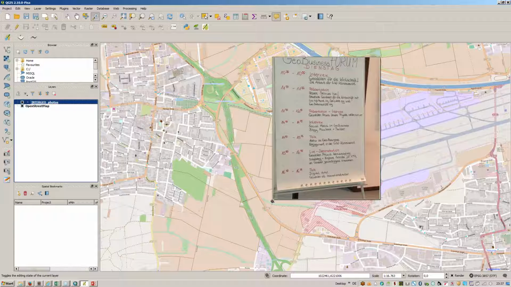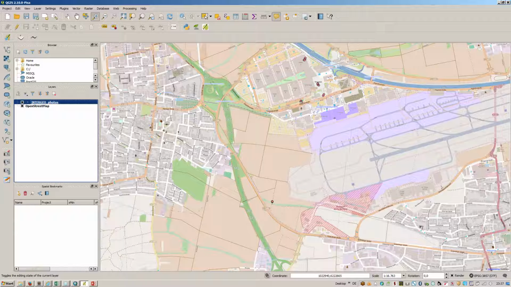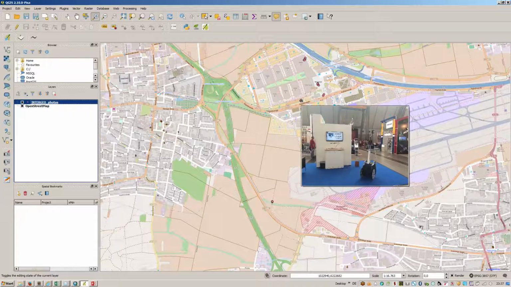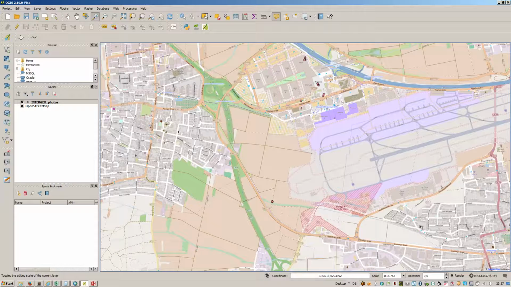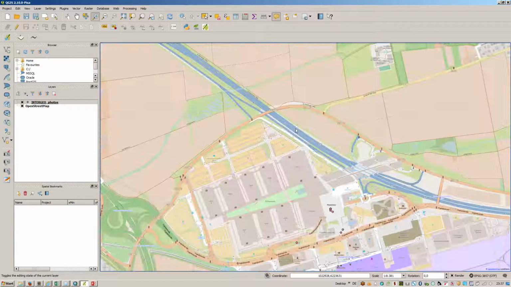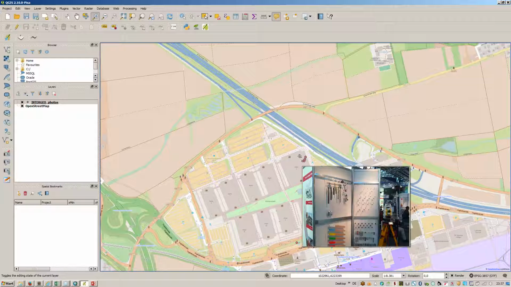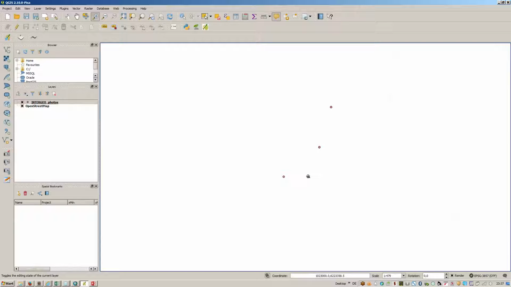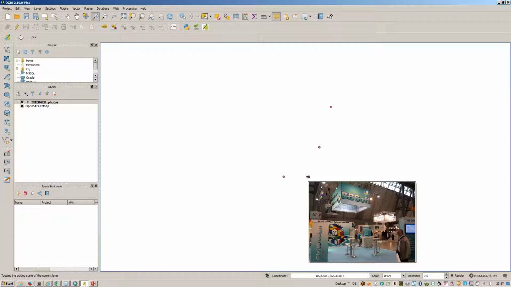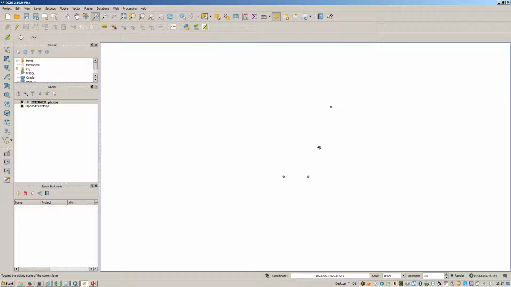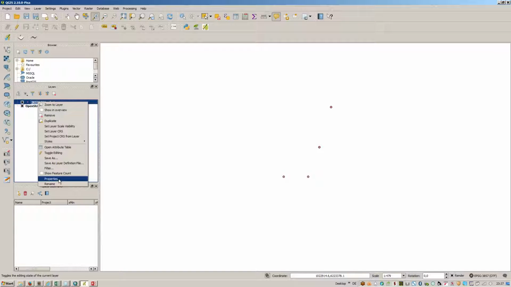So there was a little bit of a hassle, but we can see now clearly our images from each point. So just hovering over the point, and we will get an idea about the image. So let's make it here, so we can see there was this booth, and there was that booth. Once again, just hover over the image, and the image will be loaded right away. So there's no action needed at the moment, but you can also open an action. So let's go back to the properties